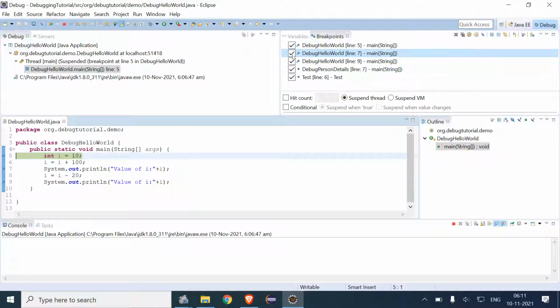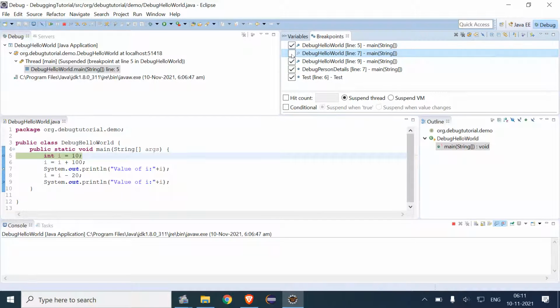And if we unselect this here, the breakpoint will still be there, but this step would be paused. This step won't be considered, but the breakpoint would be present there. So what if we resume that program? I guess it will directly go to line number 9. So it is directly going to line number 9 because this step is paused.